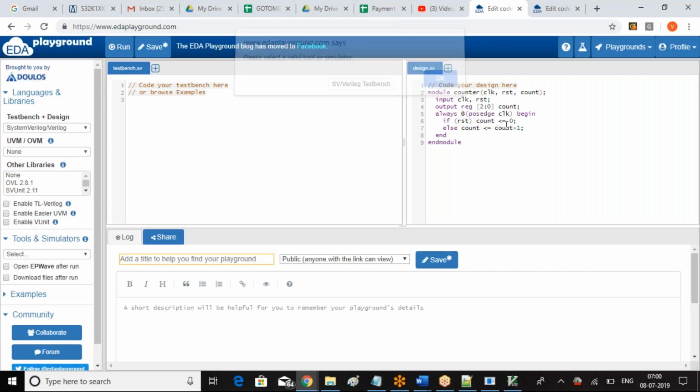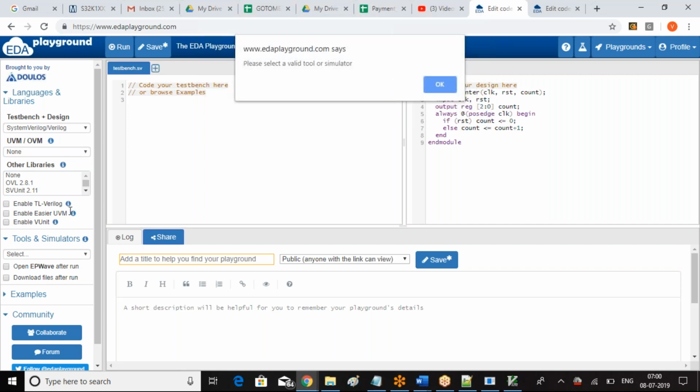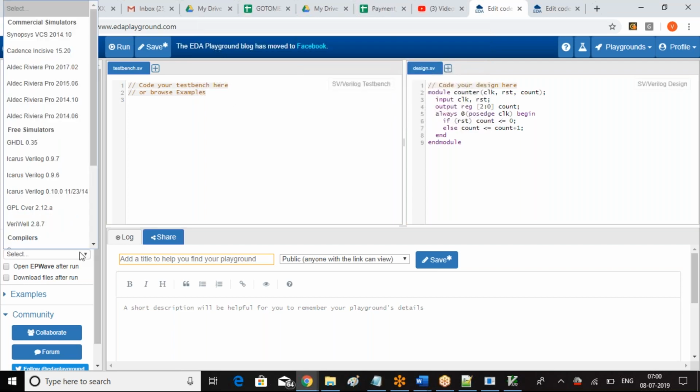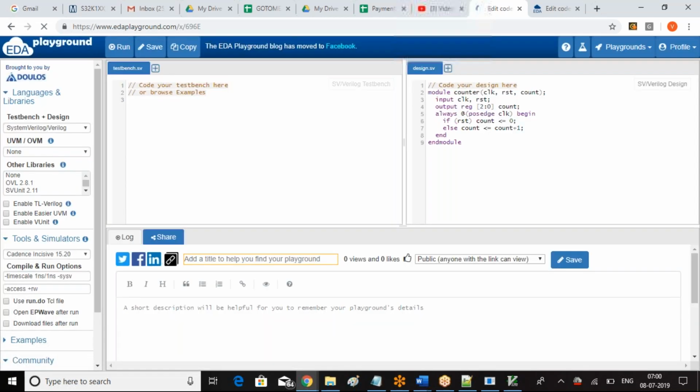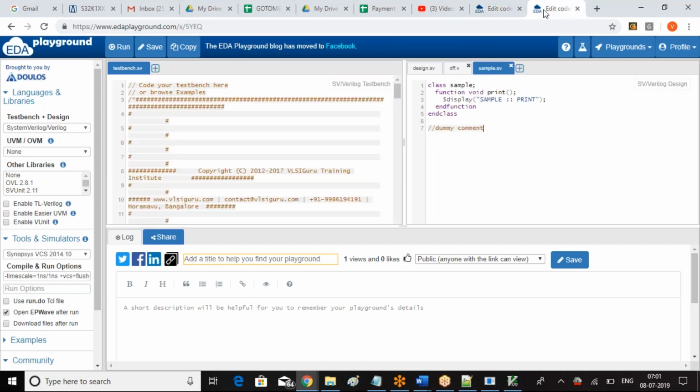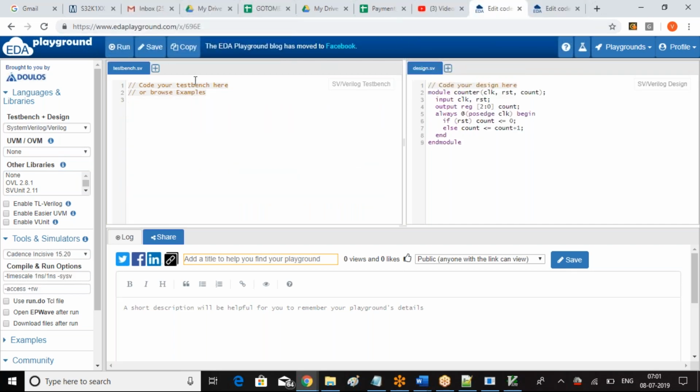Save this. You choose a valid simulator again. Which one will I use? Let's say I will choose Cadence this time. You save it, the design is saved. Now you run. So this is the new link file. You see this is different from 696E, different from 5YEQ. So this is the new project link that you can use. Now you can develop the module test bench and module. You can instantiate counter as